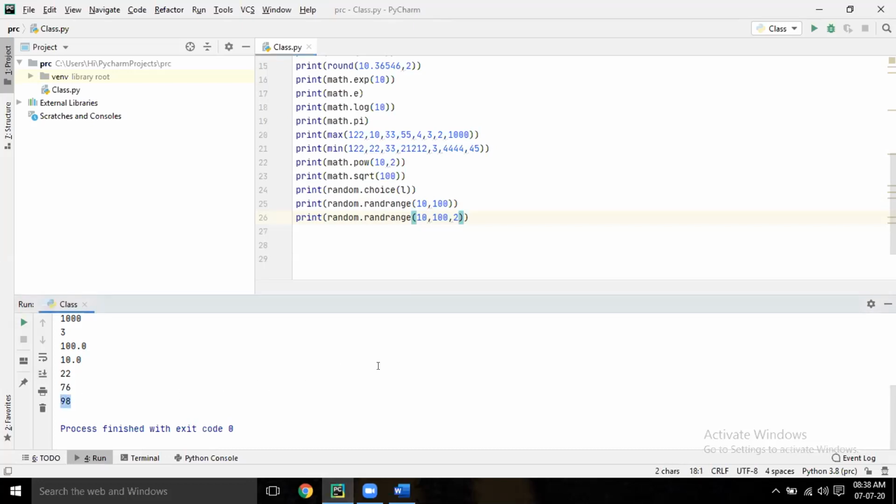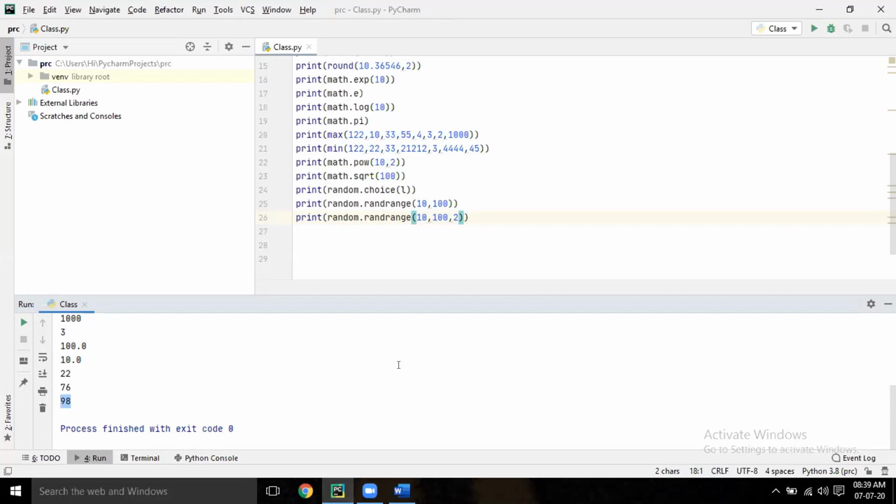You know the range concept, right? The first is the starting point, the second one is the end point, the third one is the skip. So here it will give 10, 12, 14, 16, 18, 20, and from there it will pick randomly. It will pick even numbers every time, because it will increase by 2, but the other one will increment by 1 only. So 10 to 100, whatever it may be, it will give.